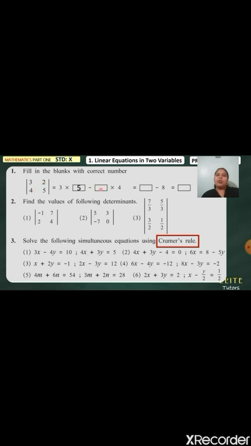So write here 2. That is equal to, now you see you have got both the multiplications, and the next step they are writing as box minus 8. Means they have done the multiplication of 2 into 4. You just have to multiply now 3 into 5 and write 15 in this box. So 3 5s are 15 minus 8, and the answer comes to 7. This is the way you have to find the value of the determinant. Now let us do question number 2, which is also based on the same concept.